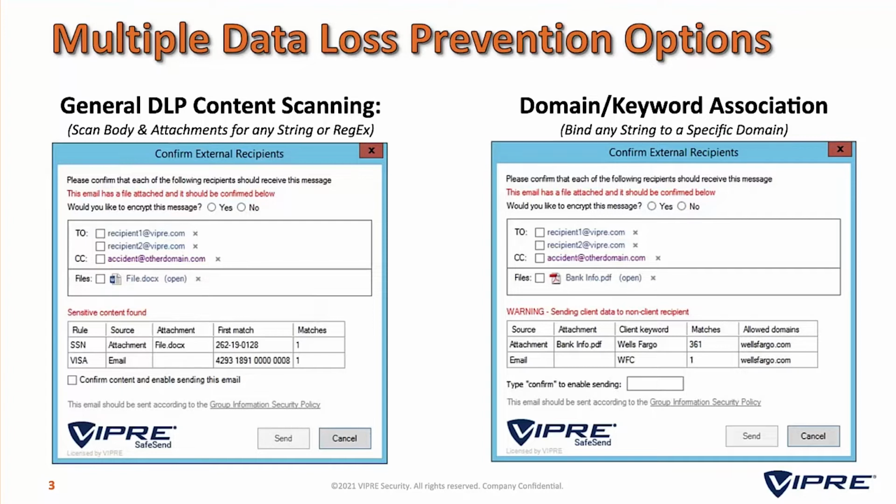Or you could say, clients, maybe there's a specific customer number you could bind. Because again, the data in every document might not have a social security number. It might not have a Visa number or something that would identify it as personal outside of that one little bit of data that would actually say, oh, this is something that's going to the wrong person. And that's where this really shines, is those